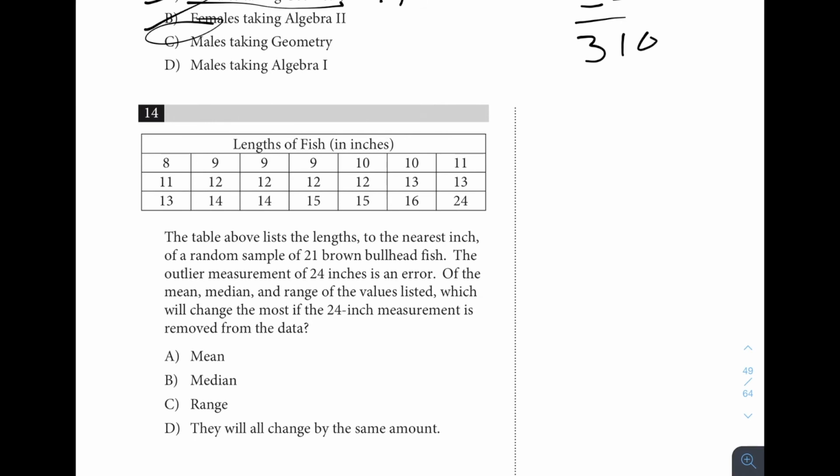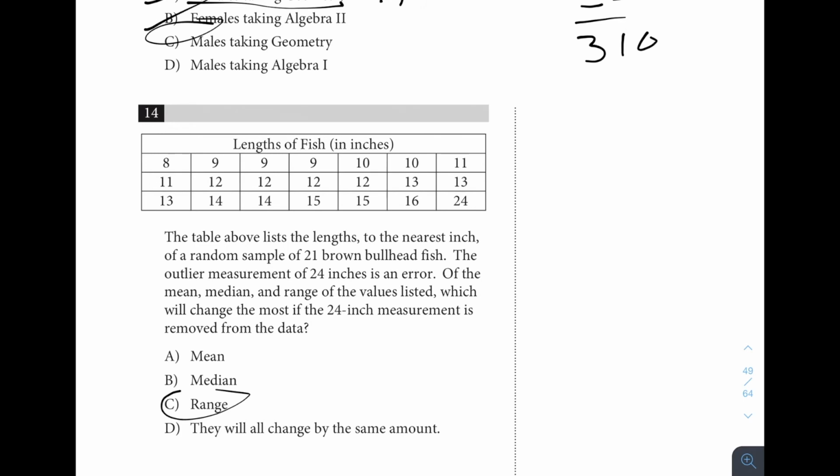For question 14, it says the table above lists the lengths to the nearest inch of a random sample of 21 brown bullhead fish. The outlier measurement of 24 inches is an error. Of the mean, median, and range of the values listed, which will change the most if the 24-inch measurement is removed from the data? So taking one out from the top is not going to change the median and mean too much. It might change the mean a little bit, but